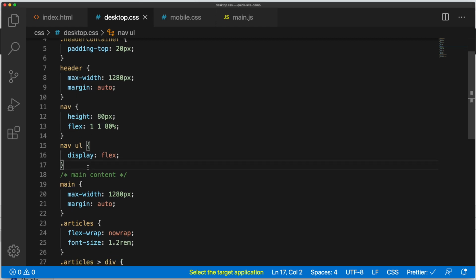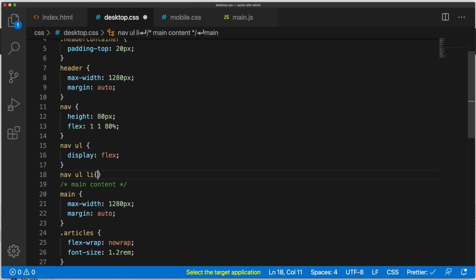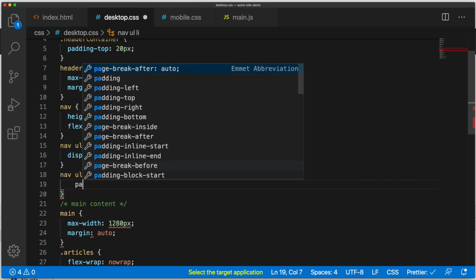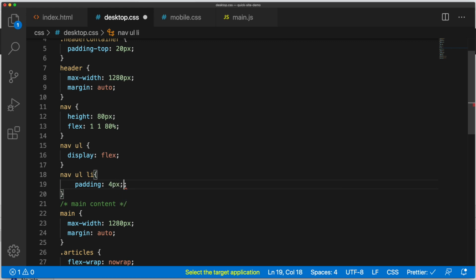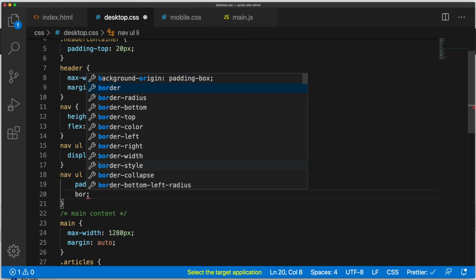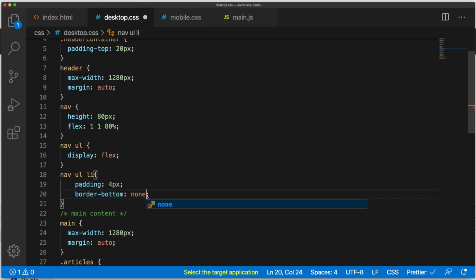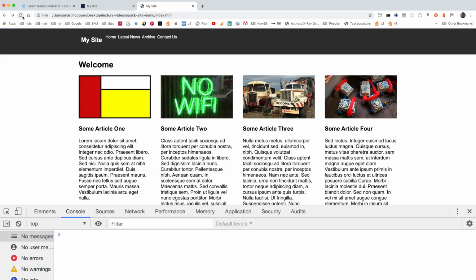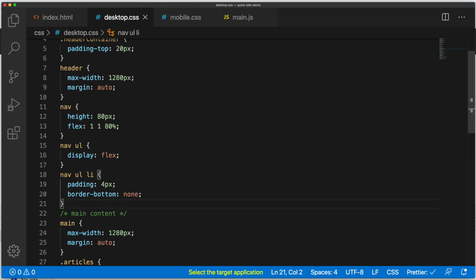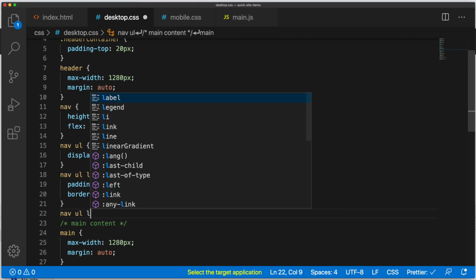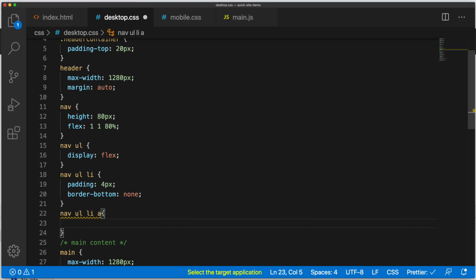And we'll then say that the list items, let's give those a padding of 4 pixels and get rid of the border on the bottom. So the border on the bottom, we'll get rid of that. So looking a bit better, nearly there, a little bit more subtle changes. So we'll say that the nav UL LI A, that's the anchor tags, let's give them a margin, nothing at the top, 15 left right,